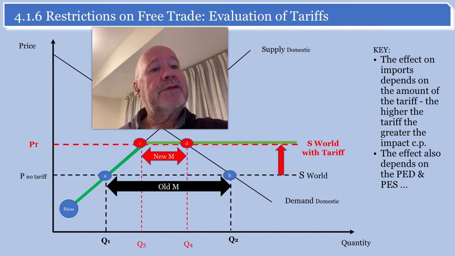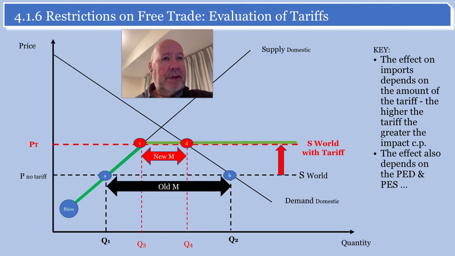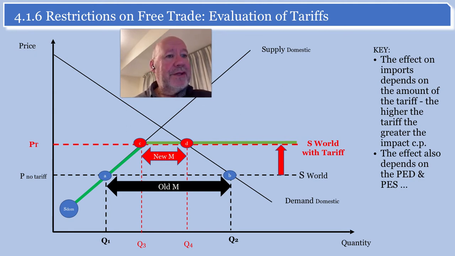for America. So this is the diagram that we left you with when we were looking at the analysis of tariffs, which is that we start off with no tariff and a world price over here. Imports are here between A and B, or Q1 to Q2, and then we put a tariff on, and the idea is that the imports will come down,